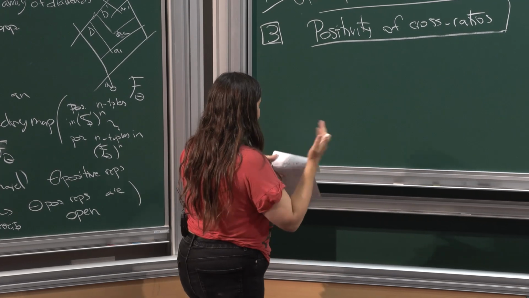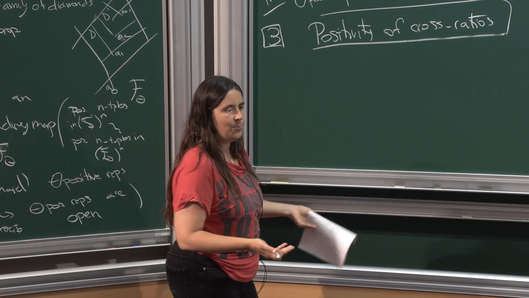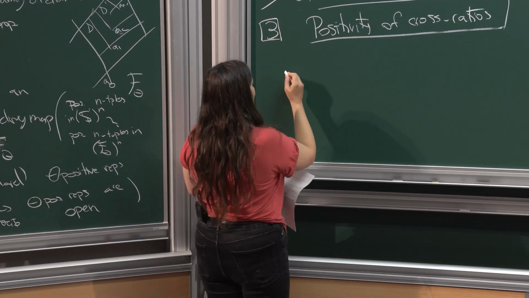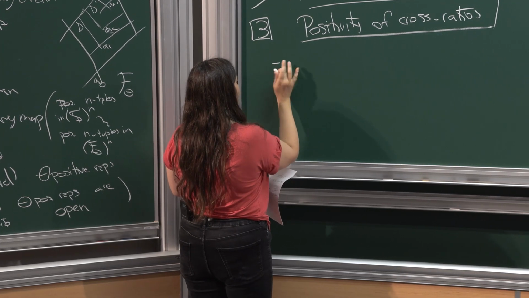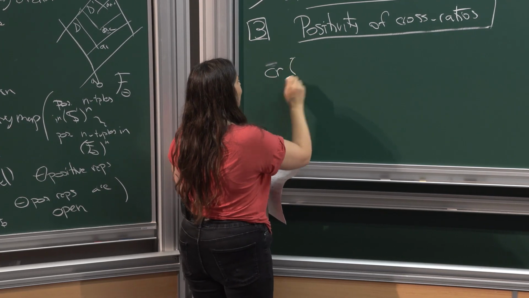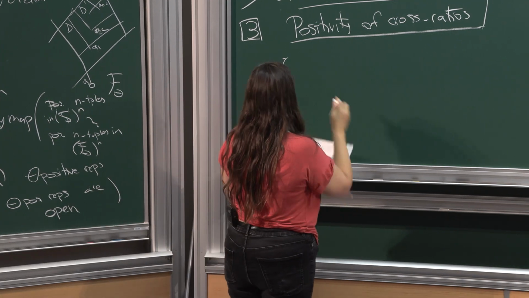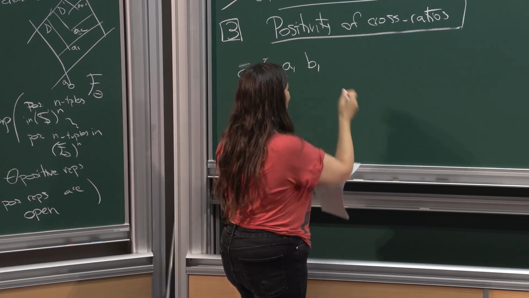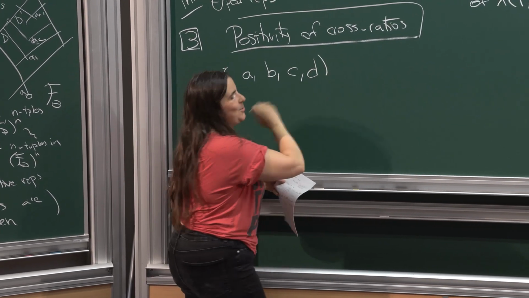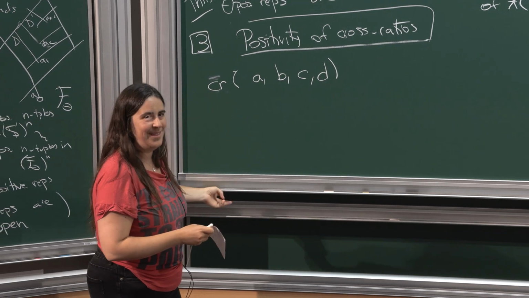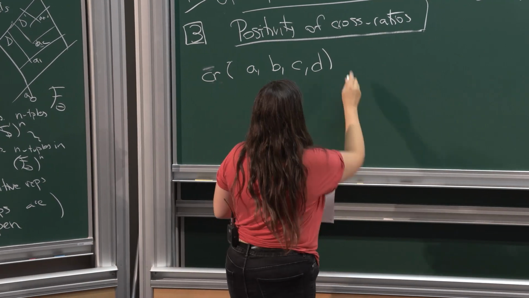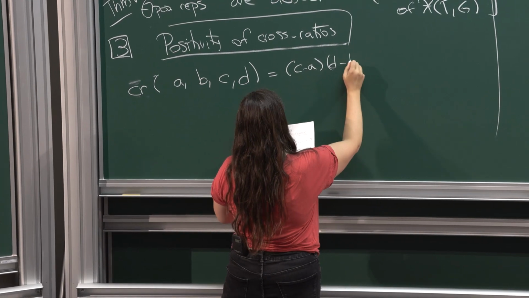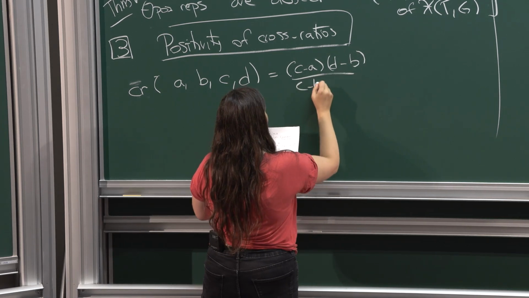The cross ratio is the classical thing that you might have seen in projective geometry. If you've done any course in projective geometry, this is the first thing you see. So let me write the formula. I'm always debating because I like to write cross ratio, but if you work with François Labourie, you have to write B for birapport. And maybe since we are at the IHES, I should write B, but I might switch between C, R, and B back and forth in the lecture, because I don't know if my notes are correct. So this is (C minus A)(D minus B) over (C minus B)